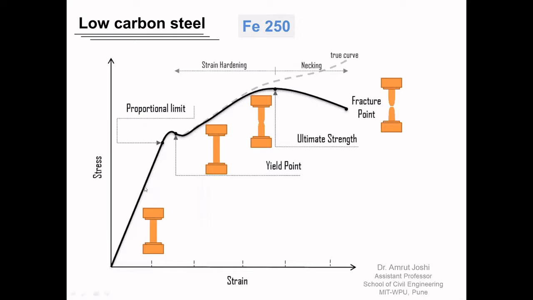Now, there are certain characteristics which can be derived from this stress strain curve. For example, if you look at the slope of the stress strain curve of low carbon steel within the proportionality limit, that turns out to be the modulus of elasticity of steel, and that value is 200 GPa. So the first important mechanical property of steel that we observe from its stress strain curve under uniaxial tension is its modulus of elasticity in the linear elastic zone, called Young's modulus, and its value is 200 GPa.